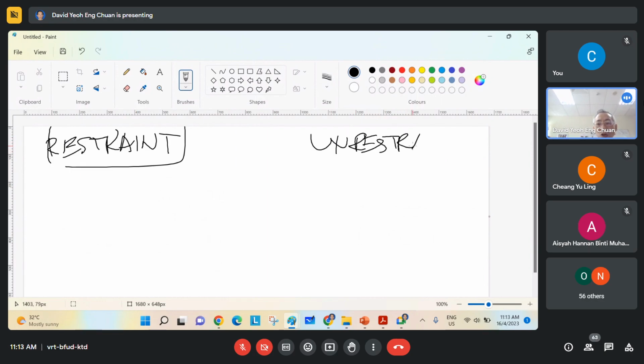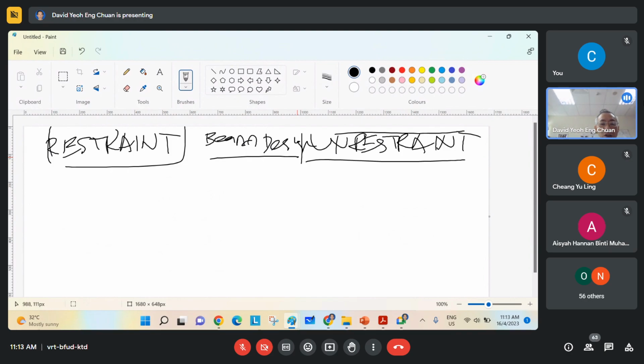So I'll give you the big picture first. Okay, restrained and unrestrained beam. Of course, in beam design, what we need to do is beam design. So the process here is